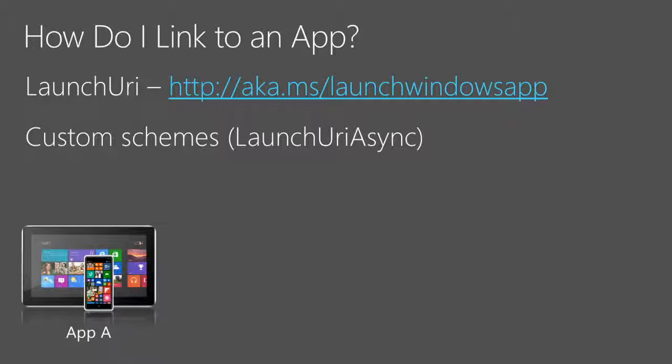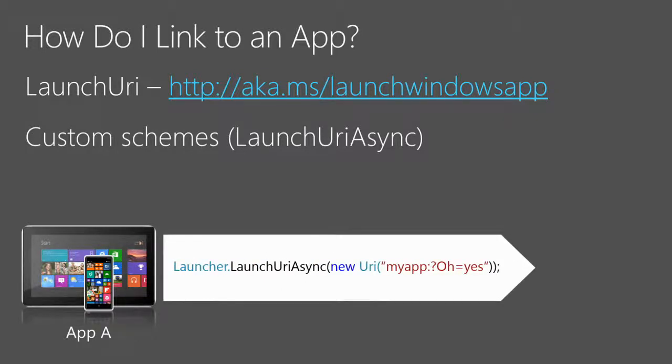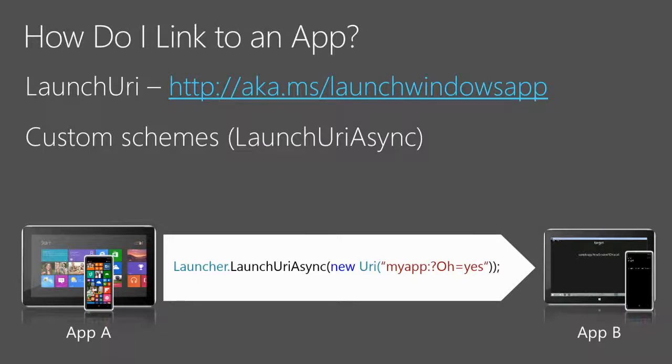So if I start with my app A, I've got an app, and I wish to connect into another app. I can handle a click event, and in that click event, I can call LaunchUriAsync. It's a method exposed by the Launcher object, and I can pass in a URI. As you can see here, I have a custom scheme, myapp: and I also have a query string after it. This is how I would pass parameters into the application. Should I have an application that's subscribed to the myapp custom scheme, then that will start up and launch for me. Great. How bad could it be?